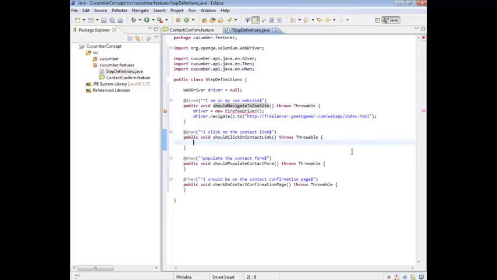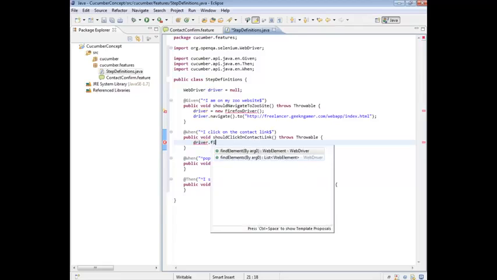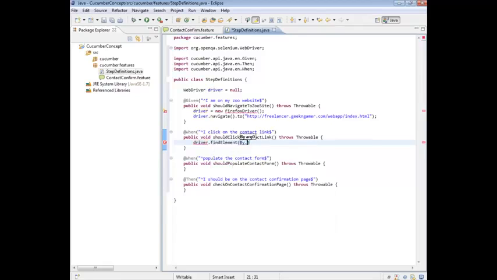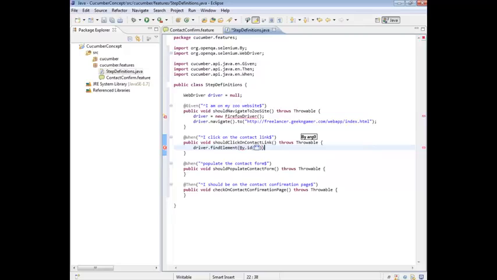The next thing I want to do, and this is where the scoping of the variables comes in, is that, notice now I can access the driver here as well, because the instance of it isn't lost, because it's been declared outside of the methods but within the class. So here I'm going to say driver dot find element by ID dot click,